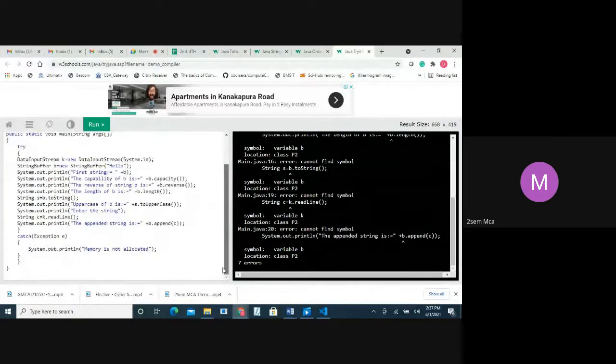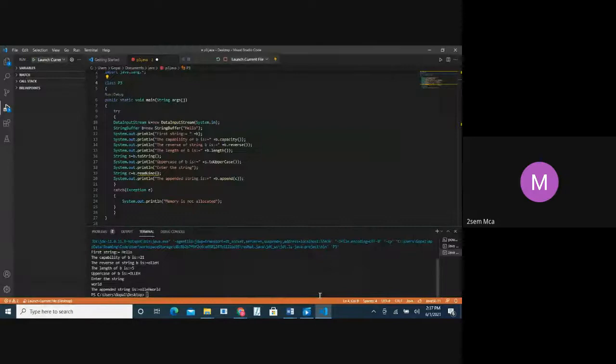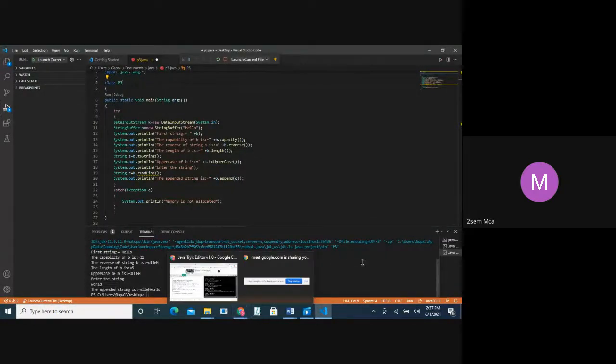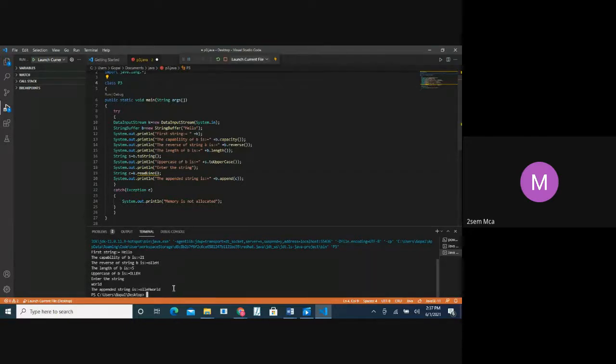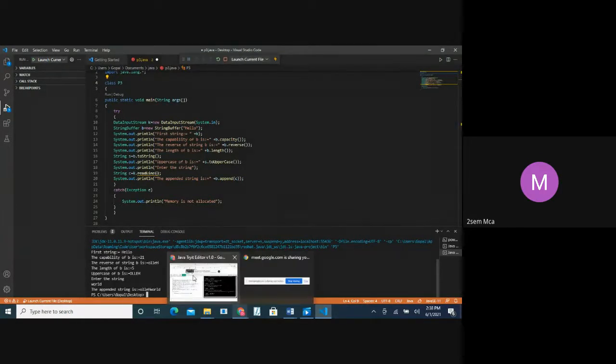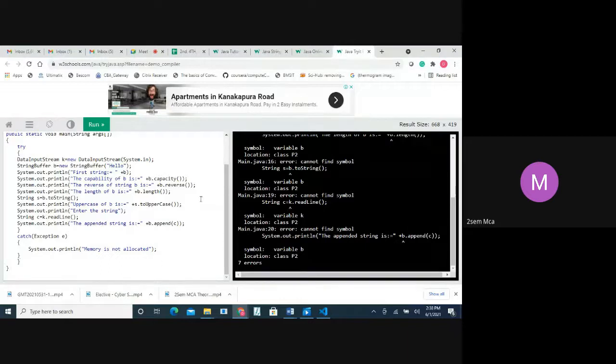Anything else? This is visible, so I am copying this and showing, because in the other one it is not visible. The background is black, and I think for you it may not be visible. At least for online, this is better, because the background is white and the text is black, so it is visible.